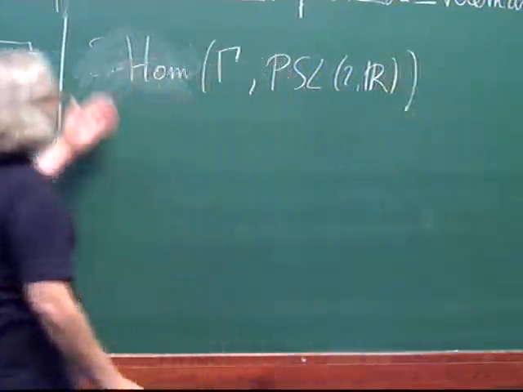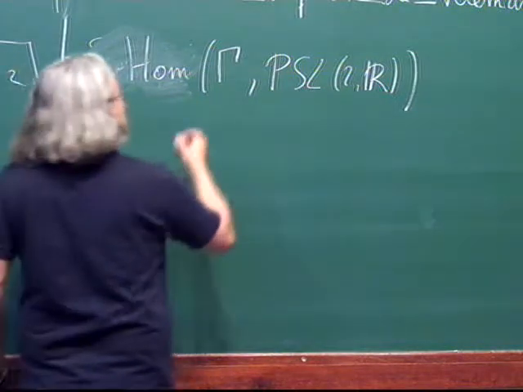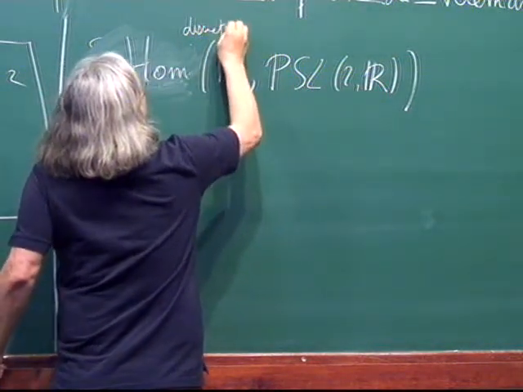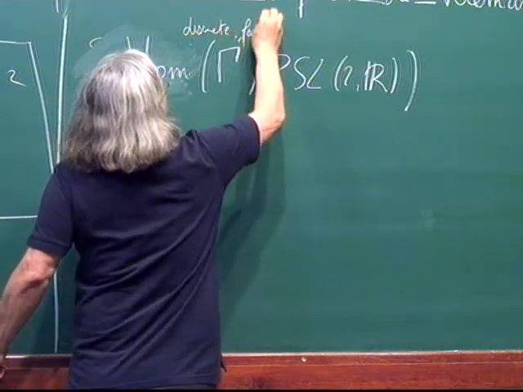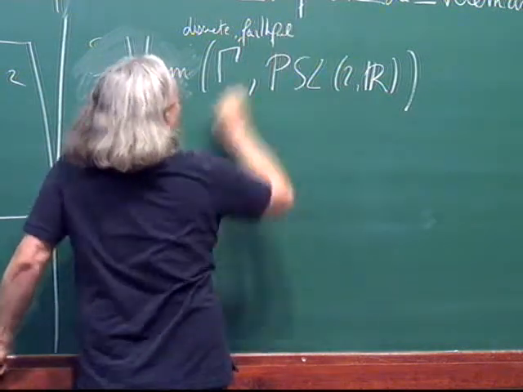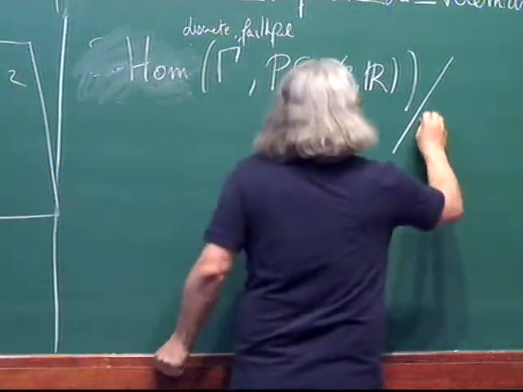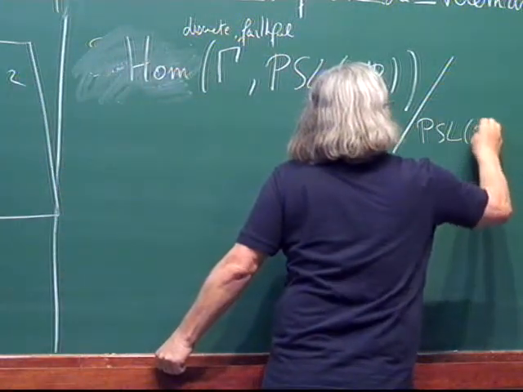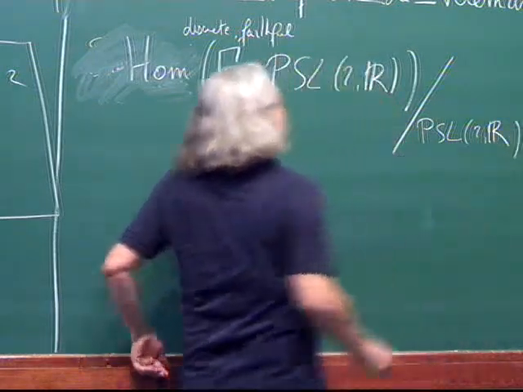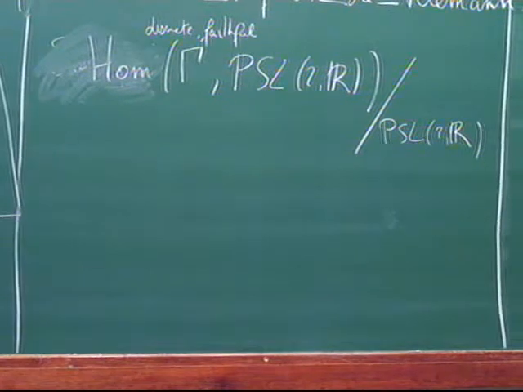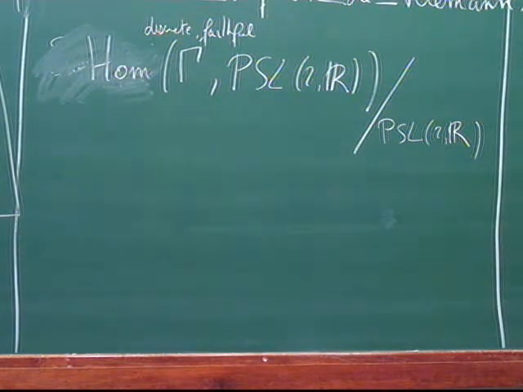You have to take inside that space the subsets of those which are discrete and faithful, injective, and you have to take the quotient of this by the conjugacy by PSL2R. So this is basically the set of Fuchsian subgroups of a given genus acting on the disk up to conjugacy,